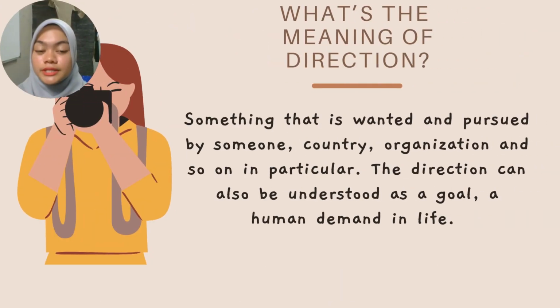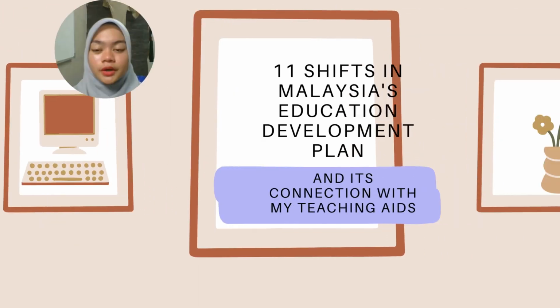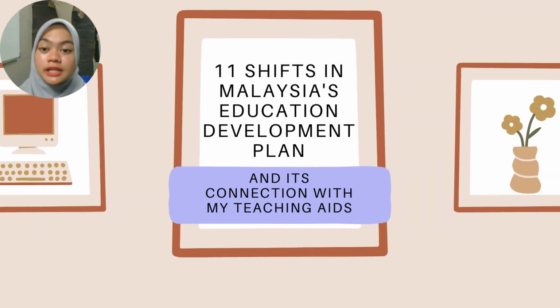Right now, what is the meaning of direction? Direction is something that is wanted and pursued by someone, a country, an organization, and so on in particular. So, the direction can also be understood as a goal, a human demand in life. Right now, I am going to explain 11 shifts in Malaysia's education development plan and its connection with my teaching